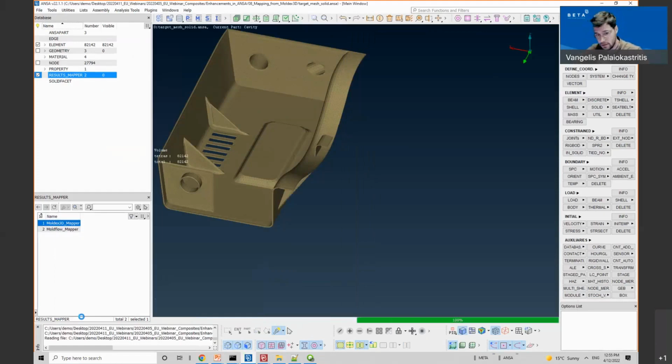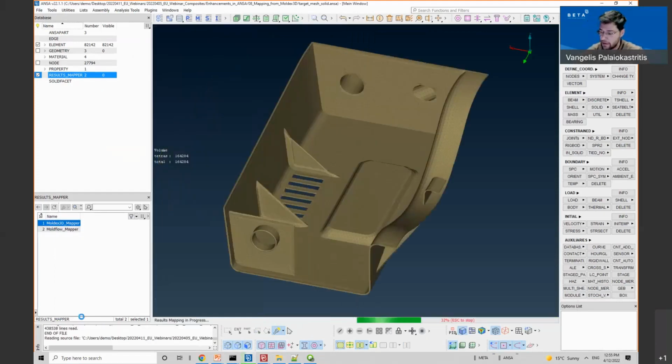So right now, the material orientation comes and is being mapped onto the target model. And for every element, the mean field homogenization takes place according to the material orientation that comes from the mapping.